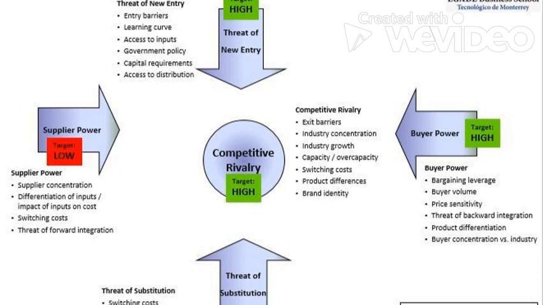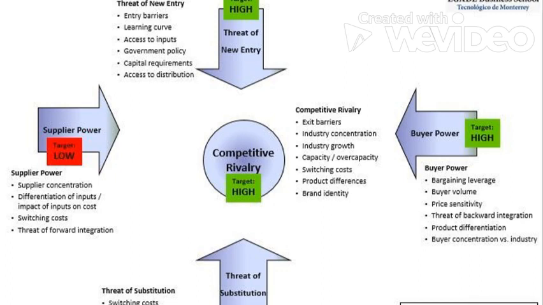Then we have supplier power, which is driven by supplier concentration, meaning how much of the market they own, differentiation on inputs, for instance, raw materials, threat of forward integration, either vertical or horizontal. On the buyer side, we have negotiation leverage, buyer volume, price sensitivity, threat of backward integration, product differentiation, and buyer